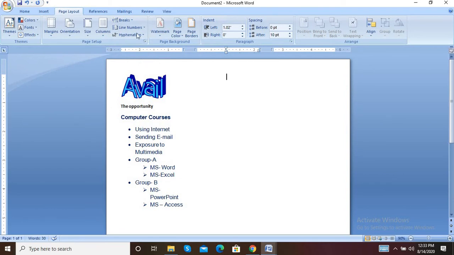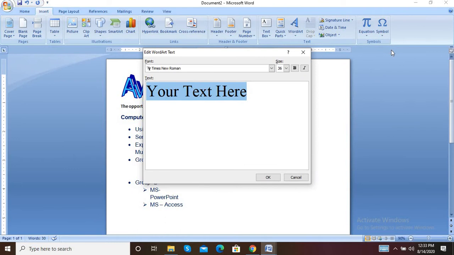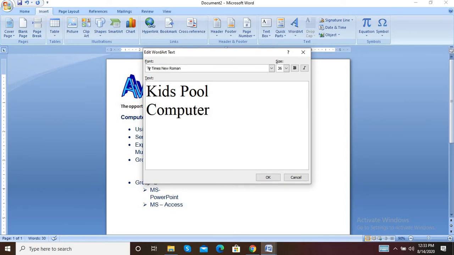After that, in that again we have to add a word art. So word art is for kids pool computer courses. So write down kids pool, enter, computer courses or a computer course.